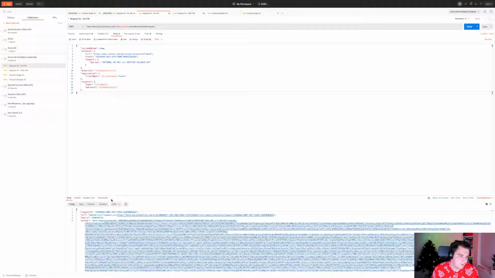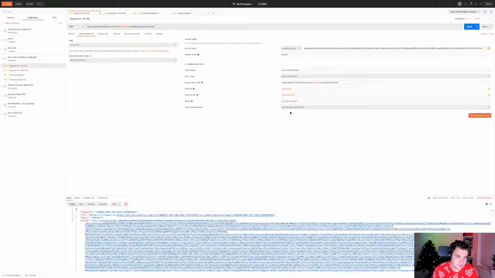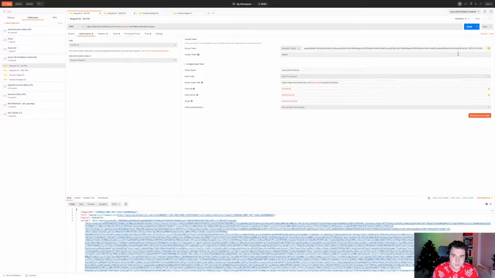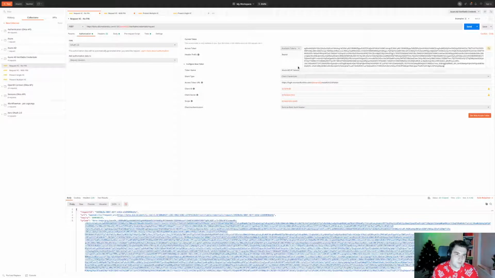So this is a pretty stock standard Postman collection that Microsoft provides an example similar to on their Azure AD Verifiable Credentials samples. I'm using just basic requests. And what I've got here is a standard authorization code flow set up, I believe with currently expired tokens. So I'm going to quickly get a new access token. Yep, use this token. Yep.